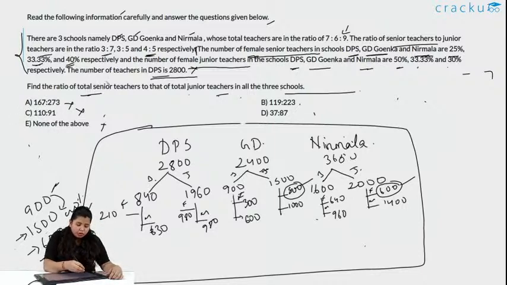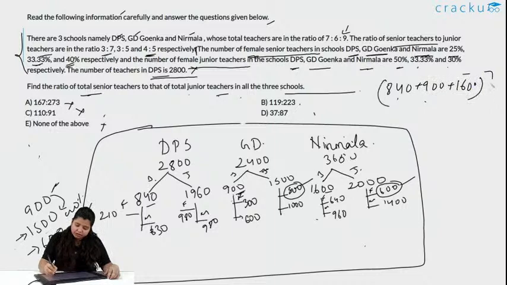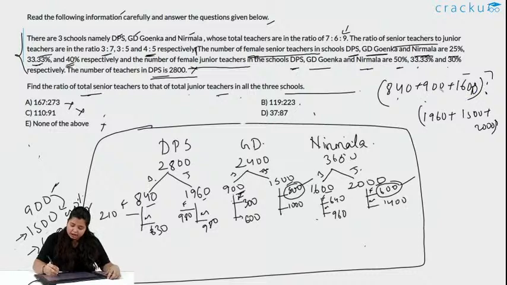Find the ratio of total senior teachers to that of total junior teachers. The only thing you need to do is add them: senior teachers, that is 840 plus 900 plus 1600, and the ratio of this to the junior teachers, which is 60 plus 1500 plus 2000. What are we getting? Add them. It is 1600, 1000, that is 2500, 2500 plus, again you do 500, what you get is